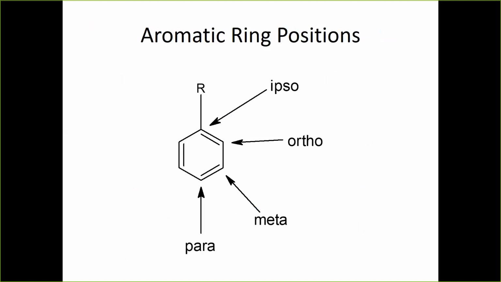I've already kind of alluded to the positions on the ring. So if you have a substituted benzene ring and you're talking about how the substituents are related to one another, the position next to where the substituent is called ortho. That's the 2 and 6 position. The one that is 2 positions away is called meta, which is the 3 and 5 position. And then the opposite position is called para. And so I have included, sometimes you can get reactions that substitute on the original carbon, and that position has a name too. It's called ipso, but you're unlikely to see very much of that one.